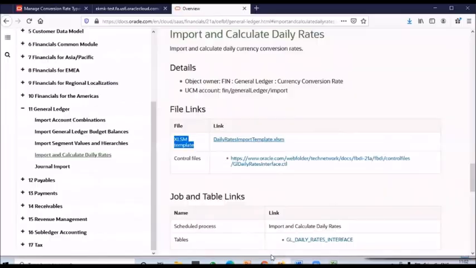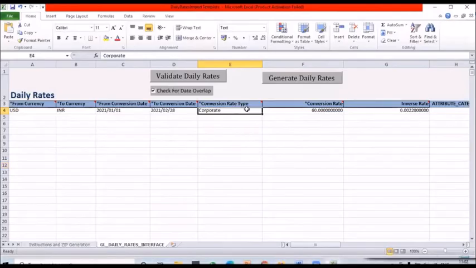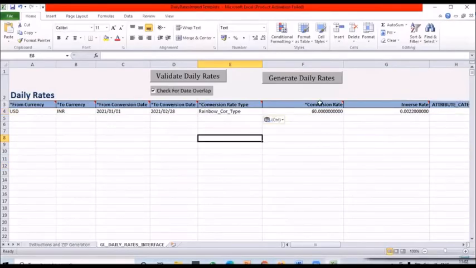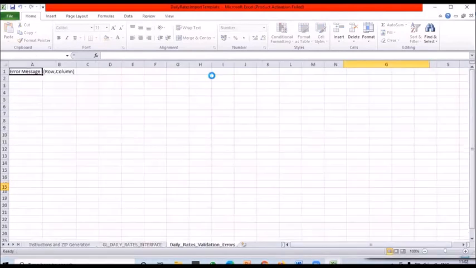I need the corporate rate type. Okay, what is the rate you require? I'll just give 45 or something, just for our identification. Okay, then once you're done, you can click on validate the daily rates.